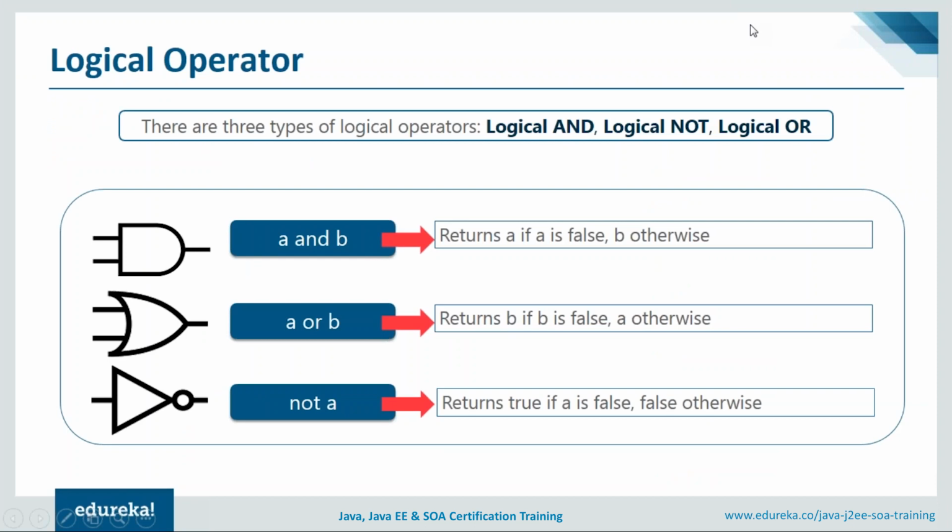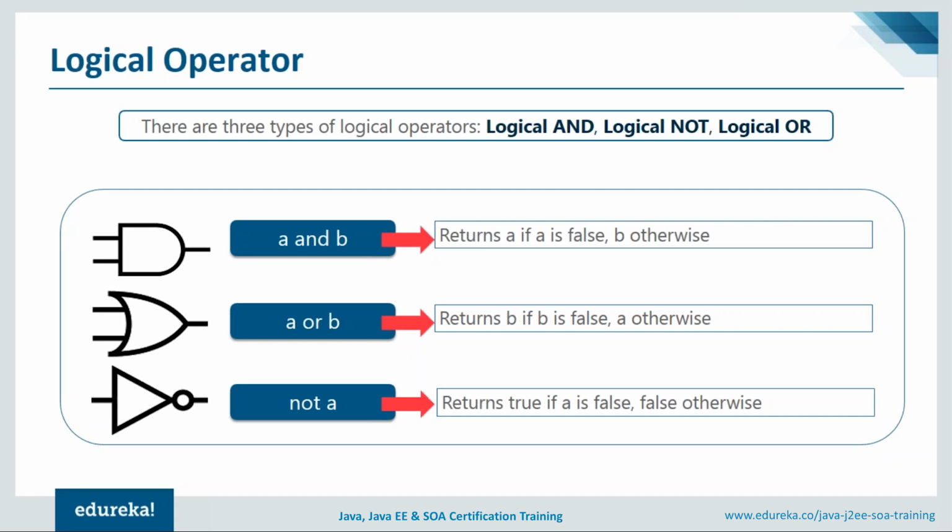You have logical AND, logical NOT, and logical OR. Now logical NOT is the easiest of all to understand. That is, if a value is true, then logical NOT converts it to false. So it basically just flips the value. When you come down to logical AND,